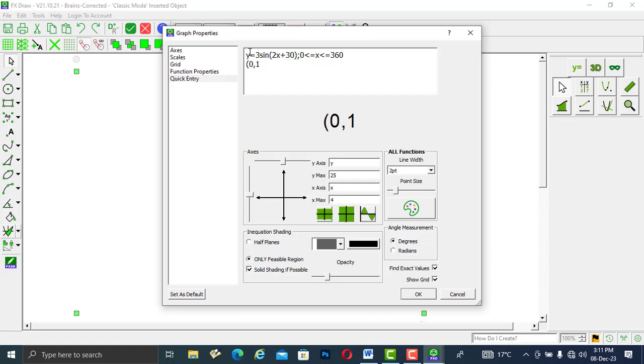y is 1.5. I close the bracket. That is the first coordinate. So after the first coordinate, I put a comma then go to the second coordinate. When x is 15, what is y? 2.6. Then next, when x is 30, what is y? 3. Comma. When x is 45,